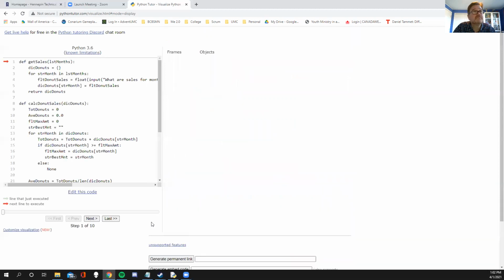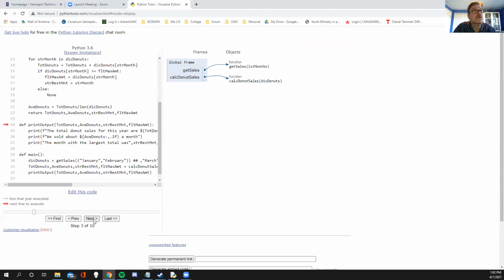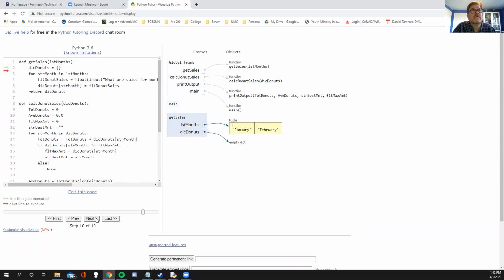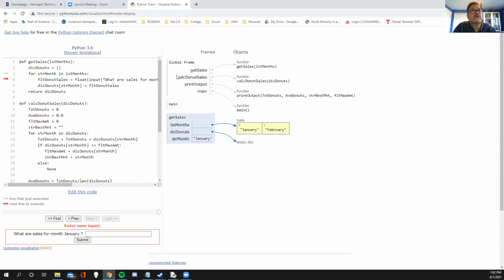So if I go run, and now we go into main, right? We're going to go into main, off it goes. Here's main's memory, and then watch how this starts to work. See, there's the global frame, which has no variables in it at all. It's basically just got pointers to the functions. Now we've got this